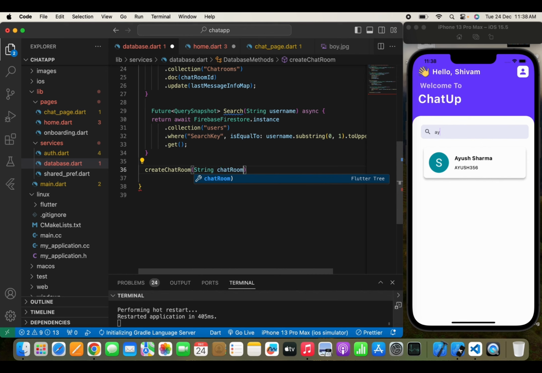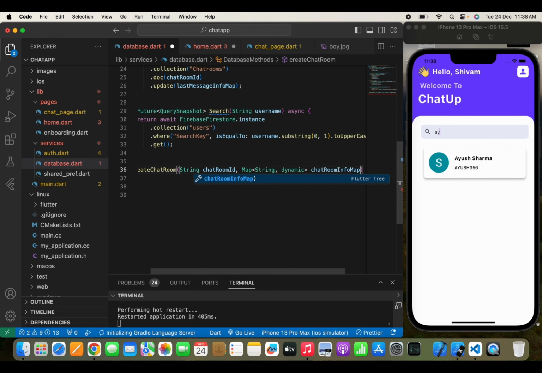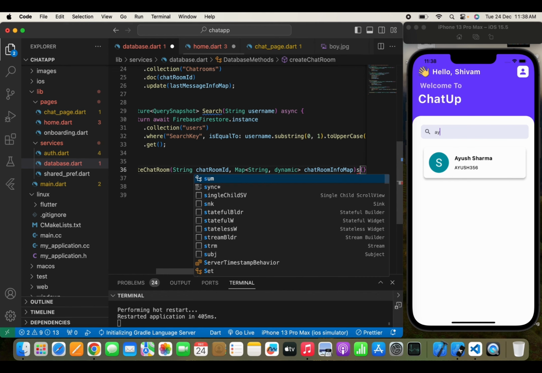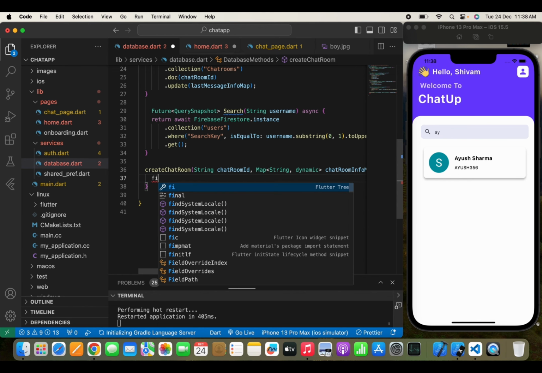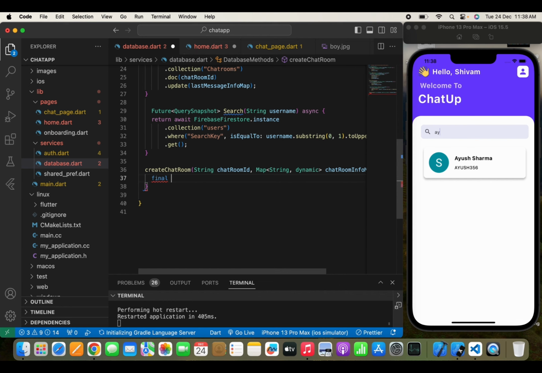So I will write chat room ID, and here I'm going to pass a map string dynamic again, a chat room info map, something like this. Async, and a final, I will write final snapshot